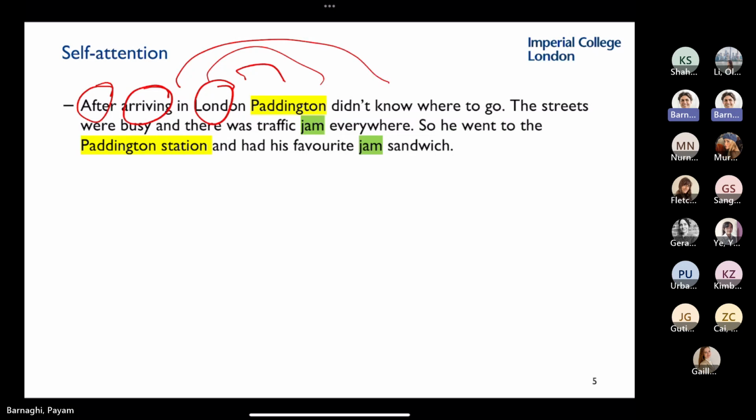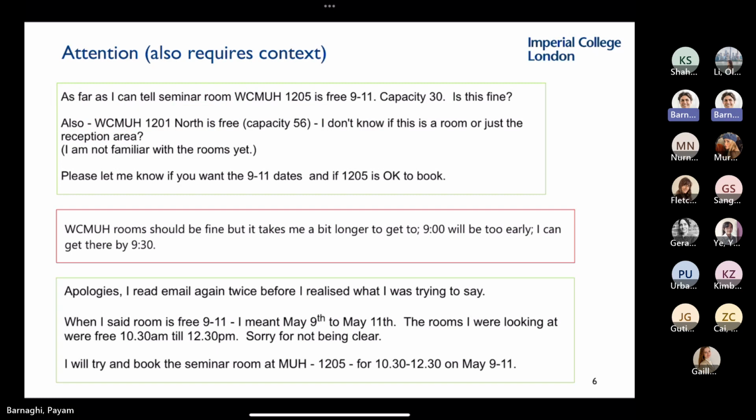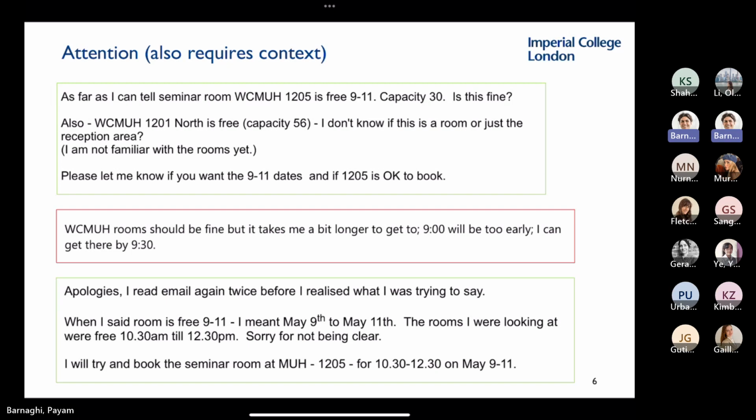In principle, before I move further, you can imagine if you give a large amount of this text and you create a model which pays attention to each of these words, you can start creating a predictive understanding of how the words co-occur together. For example, Paddington most of the time appears with station, or Paddington with bear, but Paddington doesn't appear with elephant. Then if you're creating something like ChatGPT, probabilistically, if somebody wrote Paddington, you will suggest Paddington Bear or Paddington Station. And bear with me on how you will decide whether to put the next word as station or bear. But for now, just by looking at how they co-occur together, you can start creating a probabilistic model.